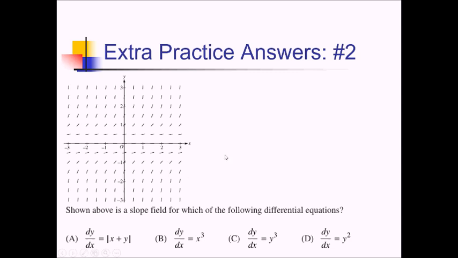On this problem, I'm trying to match one of these differential equations with this slope field. So we're basically going to use process of elimination. I'm going to test out a few values in the slope field to see what slope it gives me and see if the differential equations at those x and y values give me the same numbers. So the first one I always like to test out is 0, 0, which in the slope field, we have a horizontal tangent line there, so we should get a slope of 0 if I plug in 0 and 0